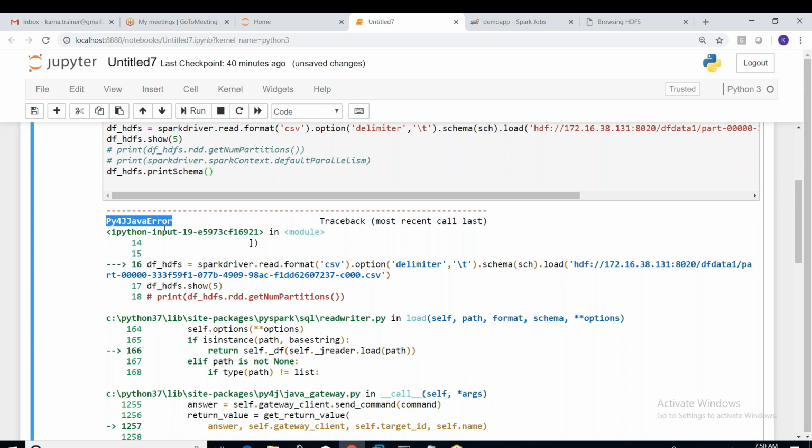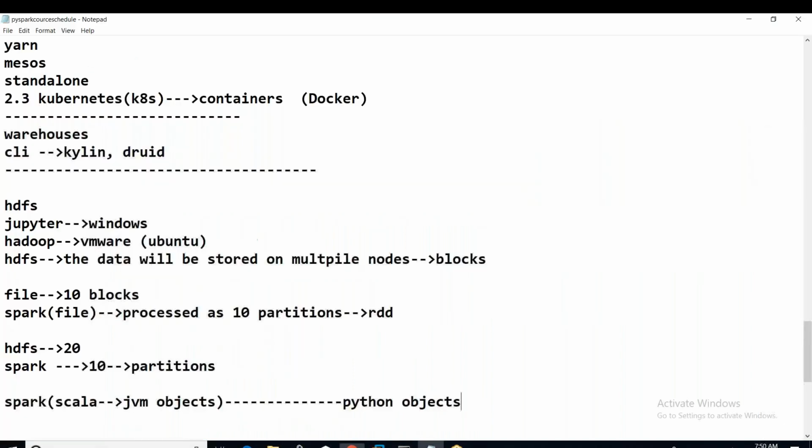So what is this Py4j? This is a library or module that comes in between the Spark library and the Python library, Python objects. There are Spark objects or JVM objects and Python objects. If you are coding in Python, the Python objects will be converted into JVM objects. That has to be done during runtime of the program. So who will be doing that? Python objects will not be understood by Spark directly. Spark will understand only JVM objects. So there is a library in between Python programming and Spark.